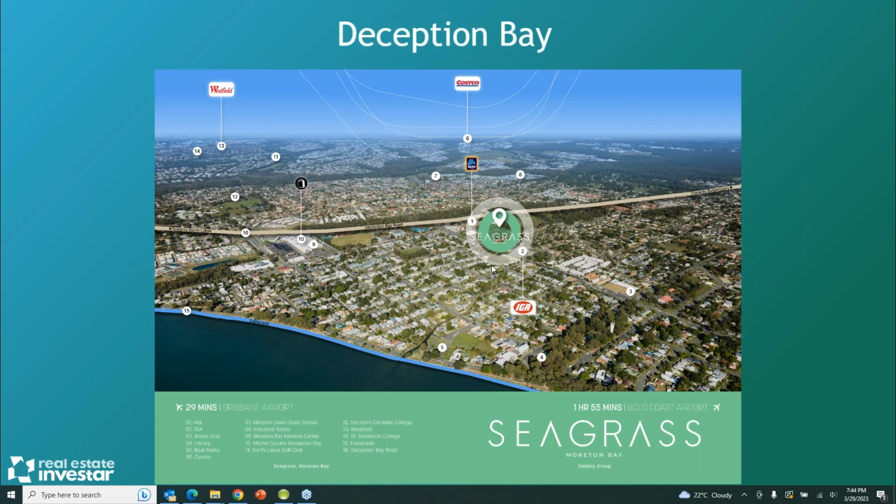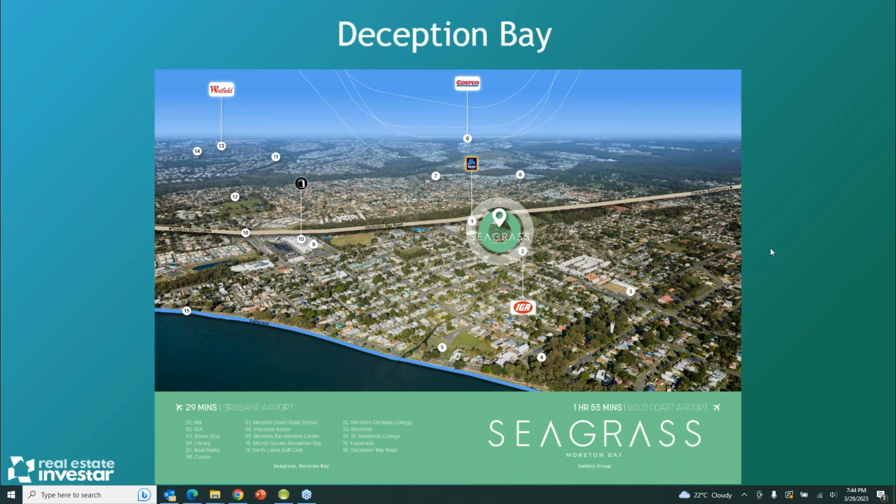It's a very small infill development. That is great for capital growth because it means they can't simply release another stage of land. As you can see there, it's really landlocked. It's all developed. Existing homes, there's lots of commercial retail around that north side. Got access to the Brisbane airport, so it's a really good location.